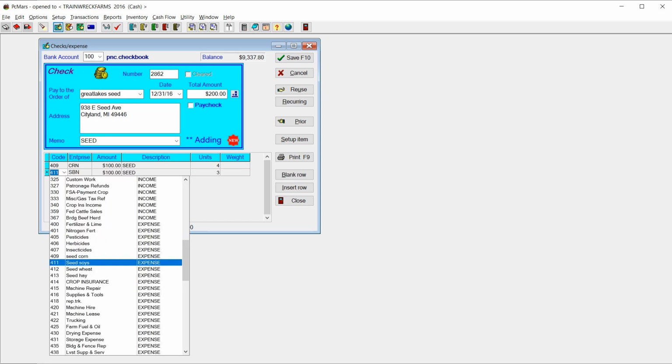Now we'll focus on the details section. Here we'll enter the account code, enterprise, amount per item, description, profit center, and units or weight if needed. An example would be if you were buying seed corn. The code would be 409 for corn seed, and the enterprise would be CRN for corn. You can put additional information as to the brand of seed corn under your description, and then under units, how